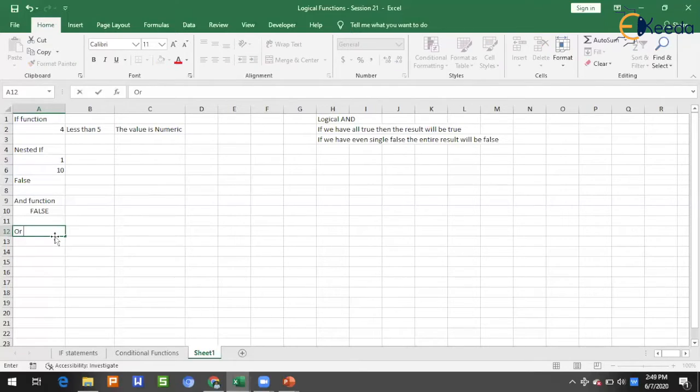We have the OR function as well. So we'll use the same thing. OR, the logical function is like is number. If it's a number, and second is text. If it's a text, then return the value. So the logical OR works differently than logical AND. So what it says is,